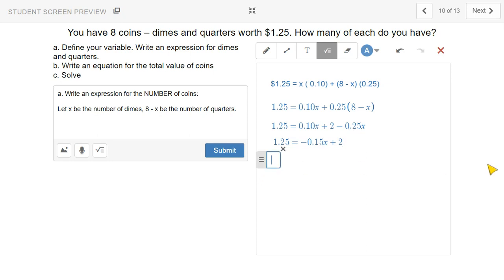I'm going to rearrange the equation. 1.25 minus 2 is equal to 0.15x. Simplify it again. Negative 0.75 is equal to negative 0.15x. Let's divide both sides by negative